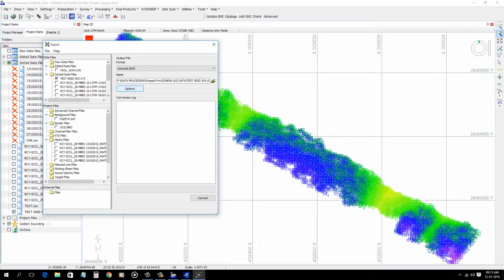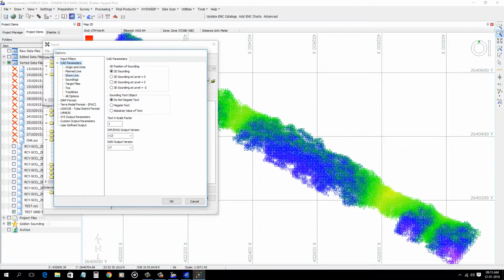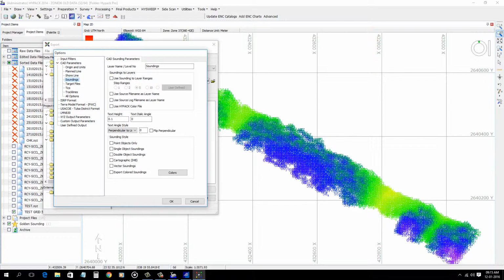Now you have to check the options here. In options, AutoCAD parameters, you can see the option here, soundings. You can give the layer name in which you want to keep these soundings, and use HiPack color file.